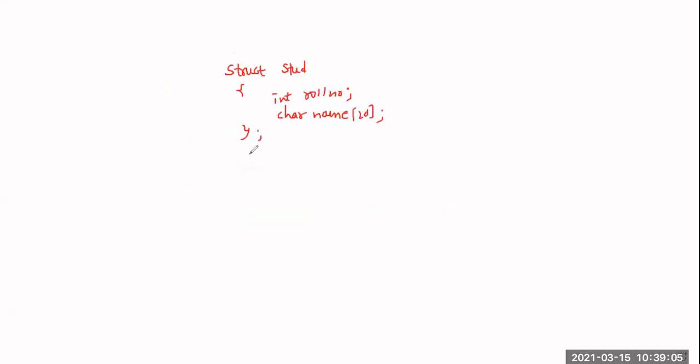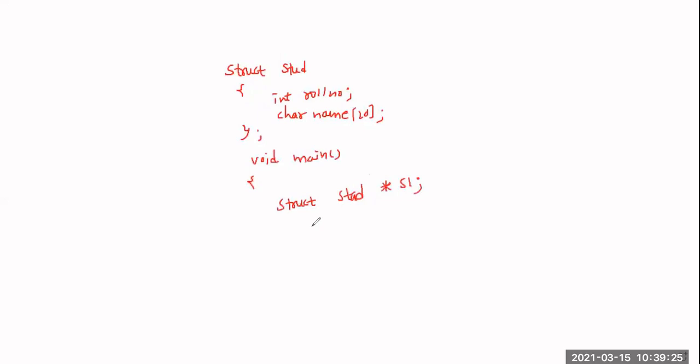After this, in void main, I just want to create a structure pointer variable. How do I create it? struct stud star S1. Yes, sir. If you want to create a pointer variable for a structure, struct stud star S1.